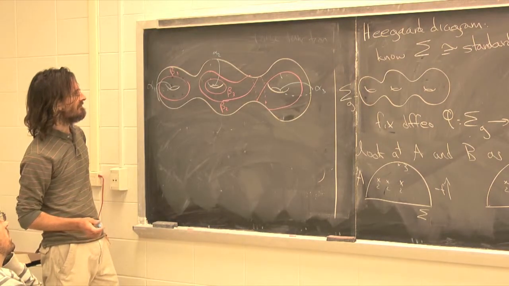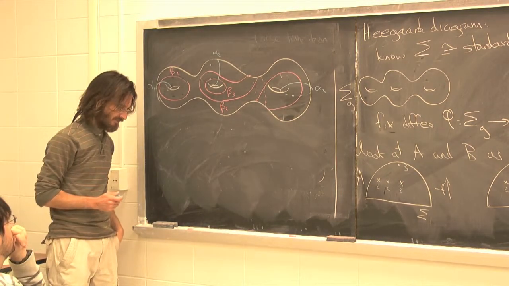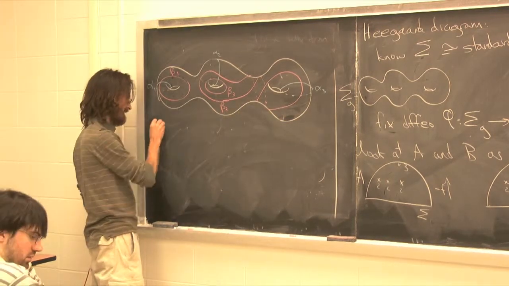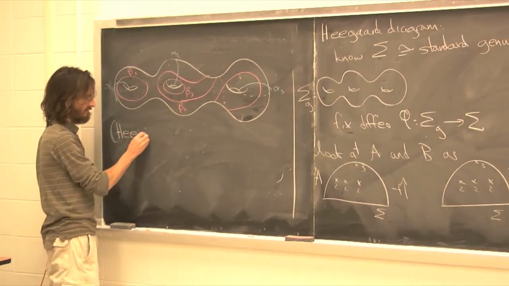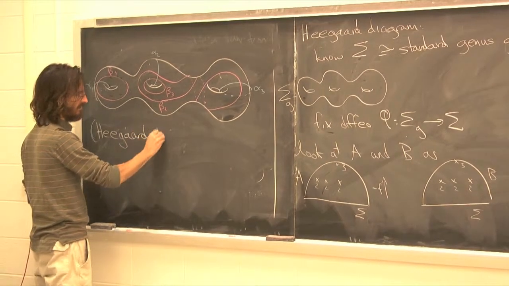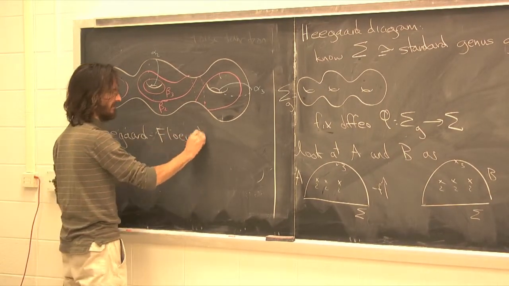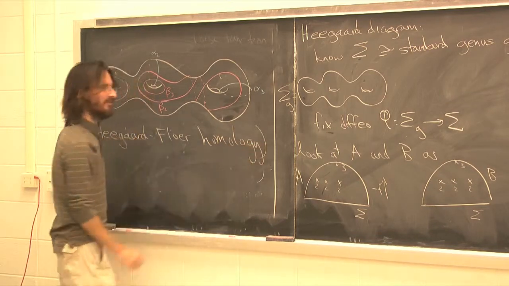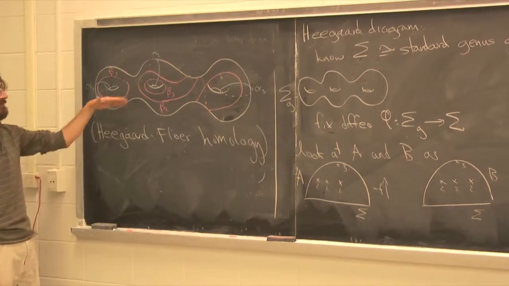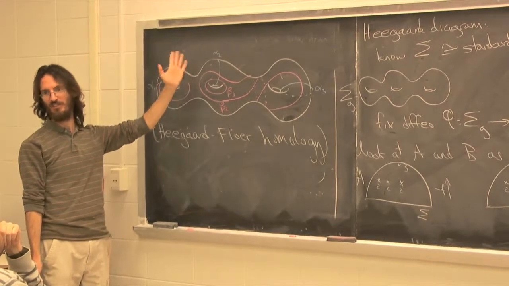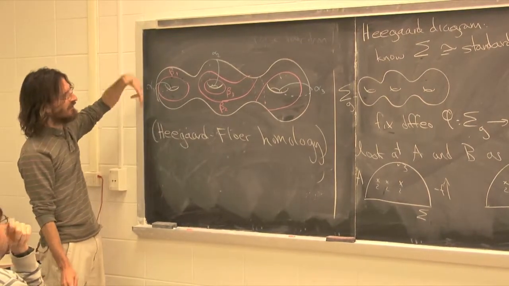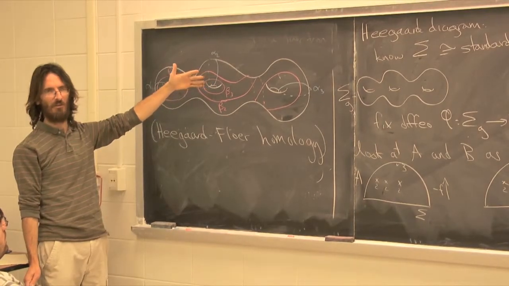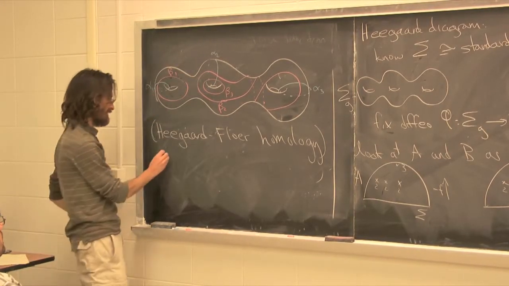Okay, so for those who haven't heard of it, there's something called Heegaard Floer homology, which computes invariants of 3 manifolds by thinking about the combinatorics of these curves on the surface. So the only thing to think about is, if I just draw a random collection of curves, what do I have? Well, one thing to notice is, so observations are that